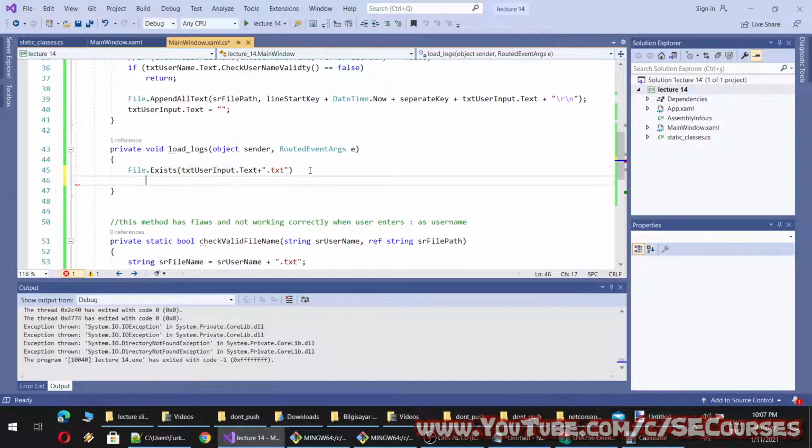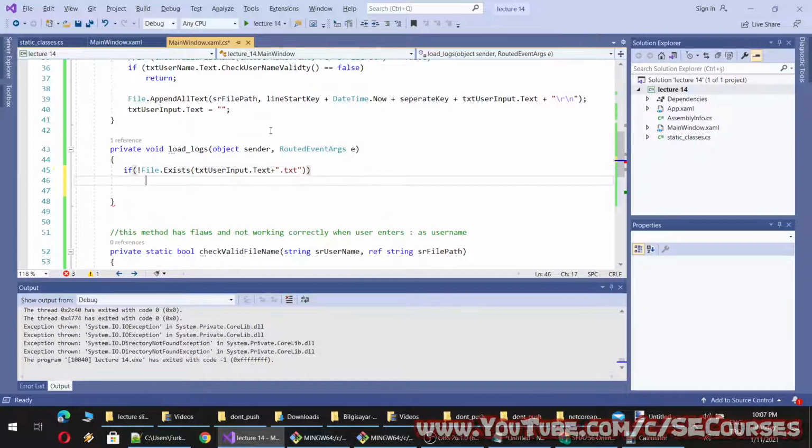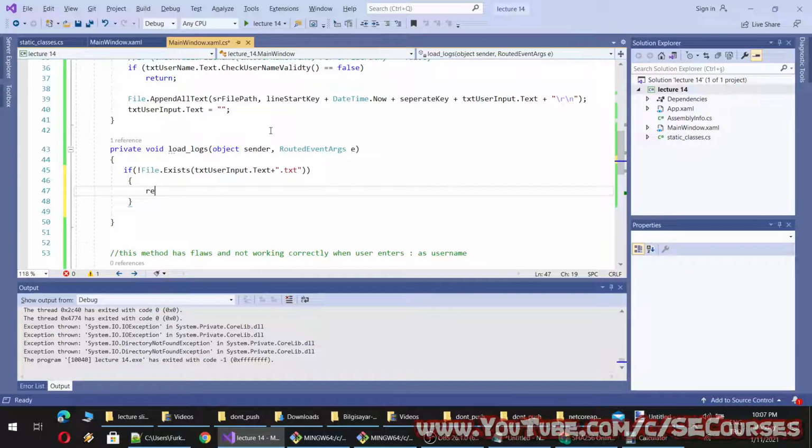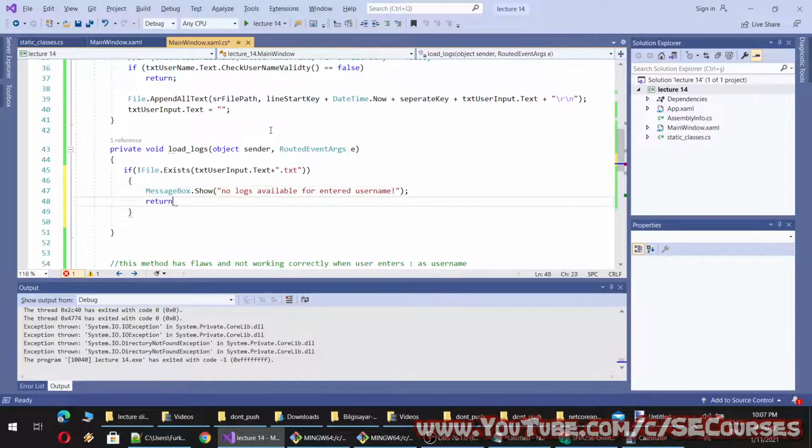If it is not existing, we will return false, so I will use negation to negate this condition, and show a message box: no logs available for entered username, and return.